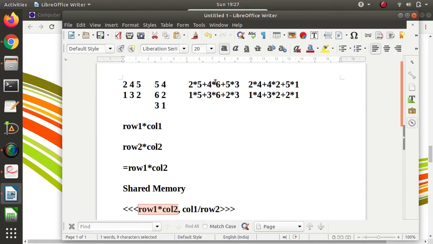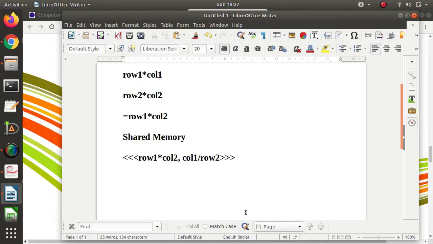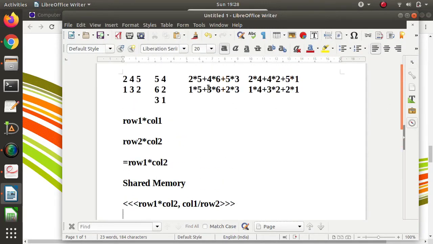And how many threads in that block? This is one thread, and this is one thread. So how many threads do we require? Equal to column 1 or row 2. So here we can mention column 1 or row 2. Anyone you can mention there. Now see, to save this result we require shared memory.